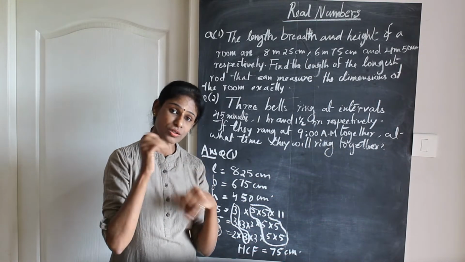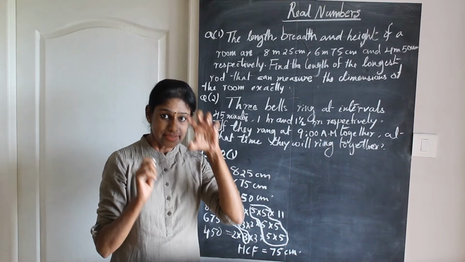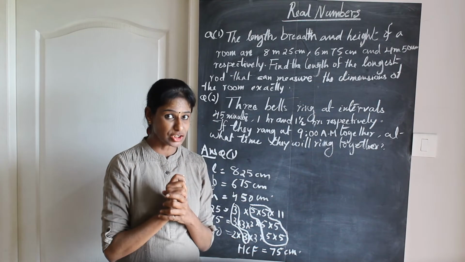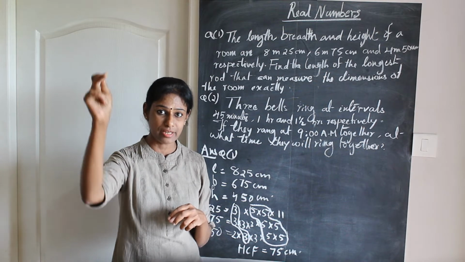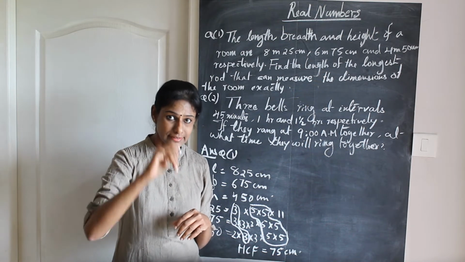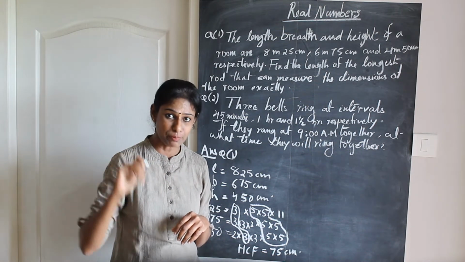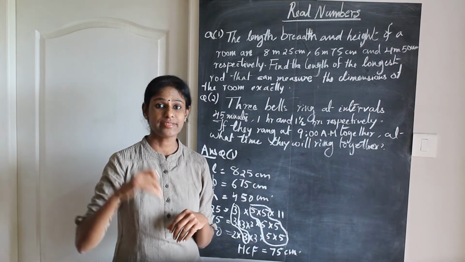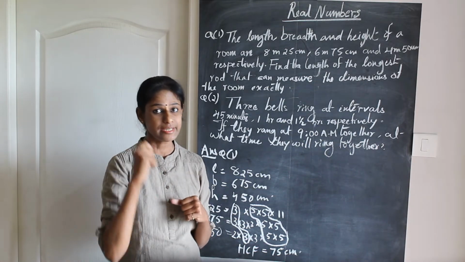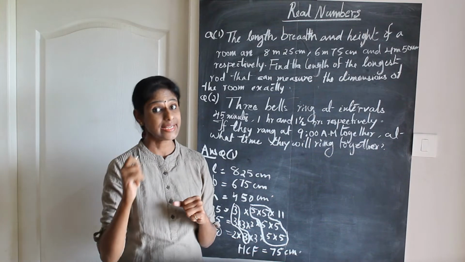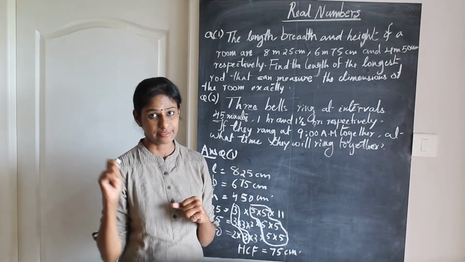So the shopkeeper can put 10 sweets in each box, and 10 times 6, that means for one type of sweet there will be 6 boxes. Second type of sweet there will be 7 boxes. Third type of sweet there will be 8 boxes. So these are the types of questions that you get from the concept HCF, highest common factor.